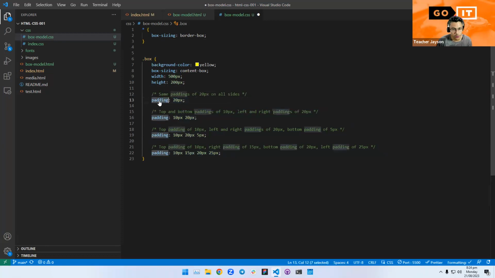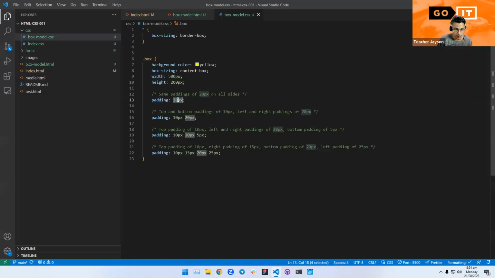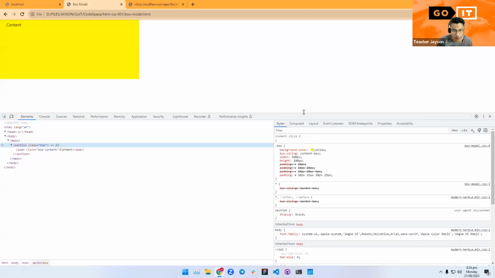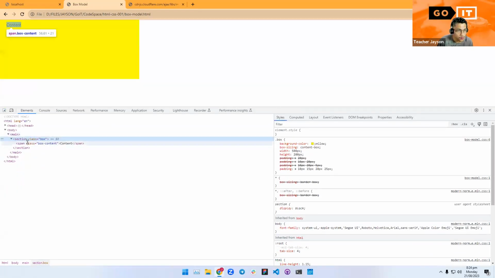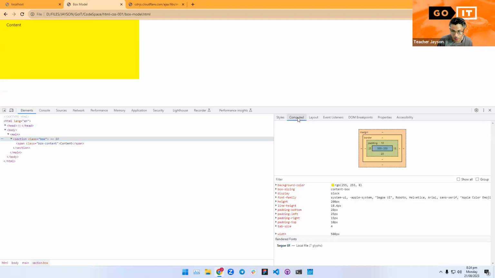So if we use a single unit or a single value for the padding, it will try to add the padding on all of the sides of the element. So as you can see in here, if I hover on that element, we can see that it has padding all around it. All right, so if we look at the computed value,